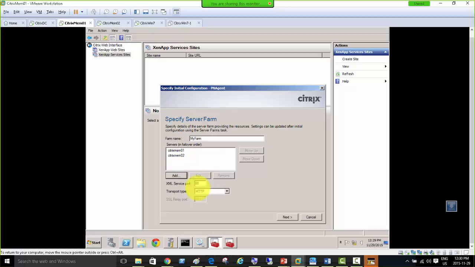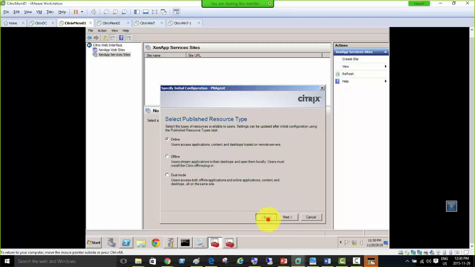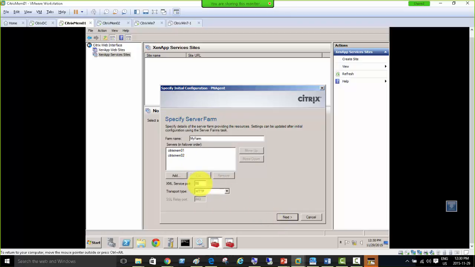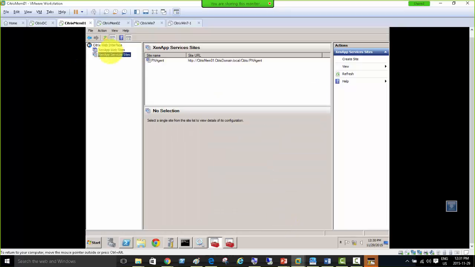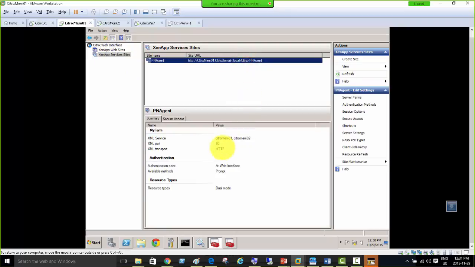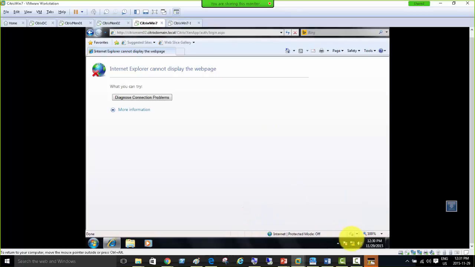So yeah, you're right. Okay, if I just keep it like that and try to go ahead. Oh, it let me. But you know what? Well, 80 is okay for this. Let's just keep it that way because it has no problem as well. And go next, and we are always putting the dual mode, so offline and online should both be working fine. Next, finish. So Citrix services, the XenApp services site is enabled on port 80 for both servers, and I don't know, it's going to be showing me quickly anything,